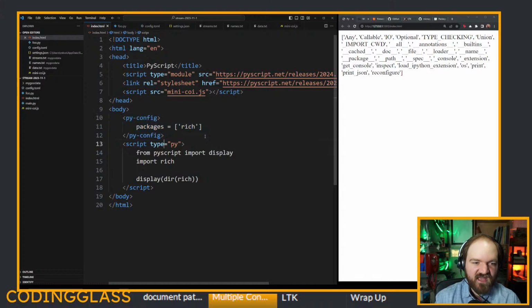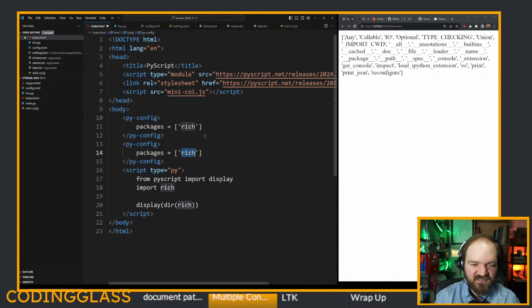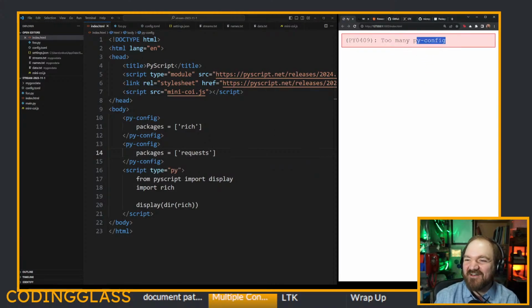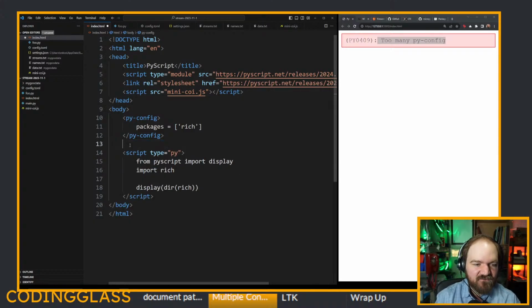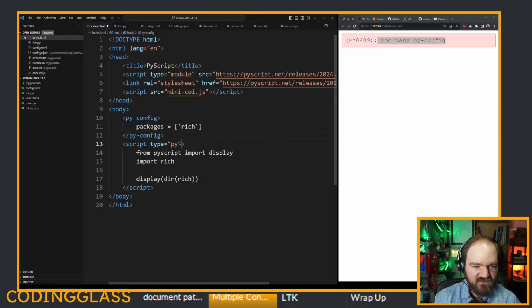If I have a second pyconfig tag on the page, like that was going to load requests, I get a simple error now that says, too many pyconfig. You have too many. You only need one. And that's because there are lots of ways that this could be ambiguous, right? We don't want to allow users to have conflicting configurations. The same will happen, I believe,